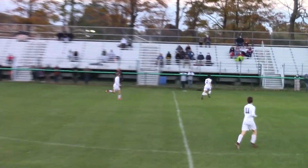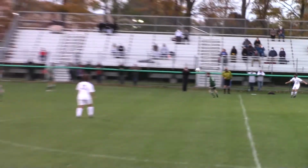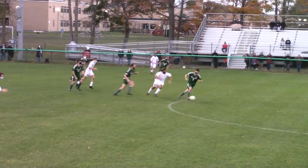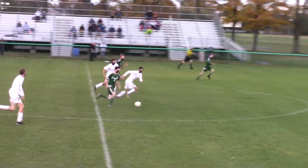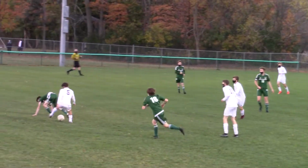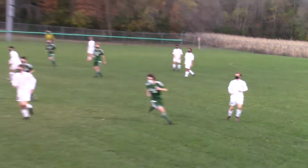Now kicked out toward midfield, hustling back for Northeastern. It's Hunter LaValle. He gets there. He will now send the ball to the center of the field. It goes on to Lucas Bedard's foot. Bedard has it taken away by Connors. Tanner Connors working his way up with some nice speed. Defended well by Ross. Ross does a nice slide tackle, gets the ball, comes to the near sideline, and a